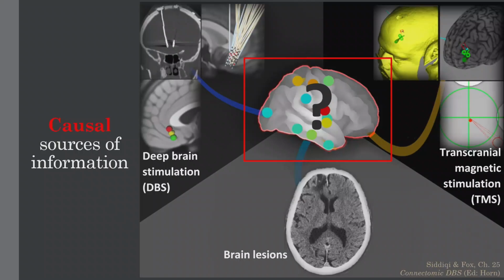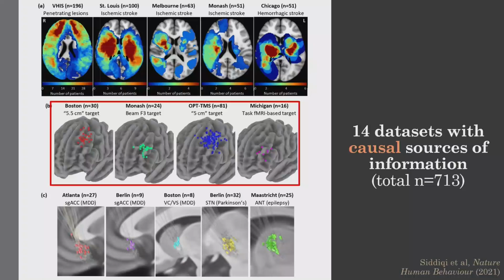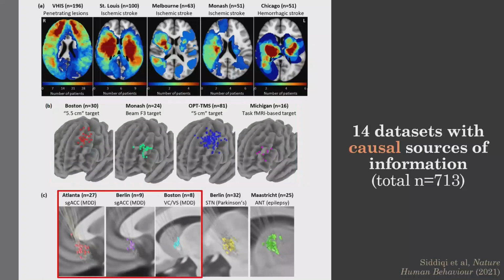So if all these things tell us this common circuit, then we know there's something important and causal about that circuit. And so we started doing that in all the different data sets we could find, 14 data sets, including Vietnam veterans with penetrating brain lesions, a couple hundred strokes all the way from St. Louis to Melbourne, some hemorrhagic strokes in Chicago, 150 TMS targets all the way from Boston to Melbourne, 44 DBS